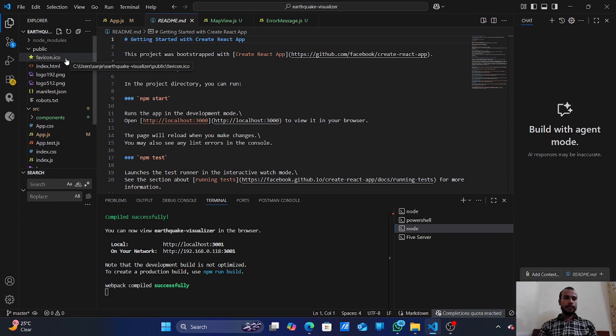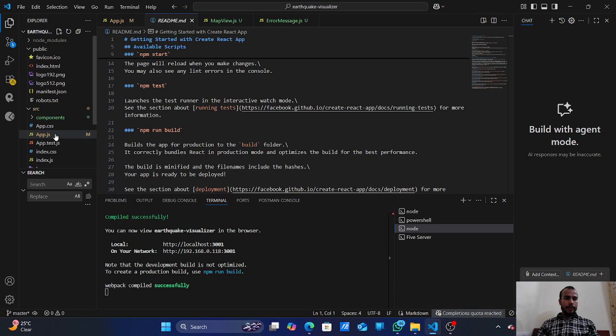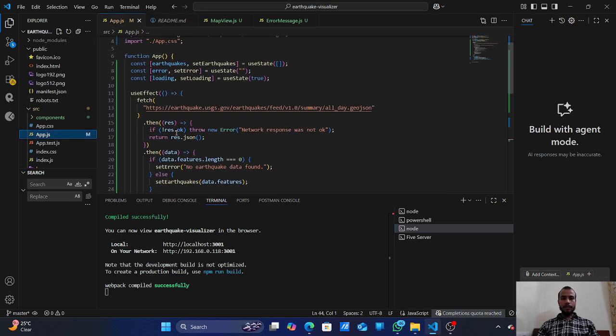So App.js is fetching data in the App.js file. I started by importing React and hooks, using useEffect and my components.